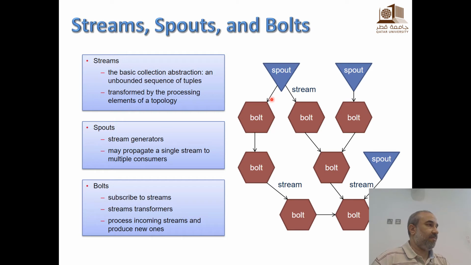There are no RDDs here. We are processing one record at a time in real time. So there are no batches, there are no tables. Unless you want to count, you have to create your own data structure if you want to do something like that. But the processing is done per tuple. Things will be more clear when we talk about these links and the meaning of these links. Any other questions?